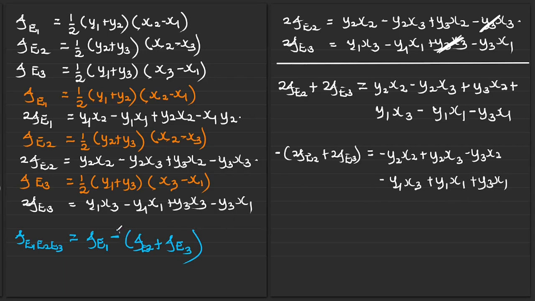All we did was, this is a negative that affects everything in this bracket. So if the negative is affecting it, then all the terms we have should be negated. If it is a positive, it becomes negative, and if it is a negative, it becomes positive, in that order. So this that we have, we want to subtract it from the area bounded by E1. That is to say, the area bounded by E1 minus this is going to be equal to,